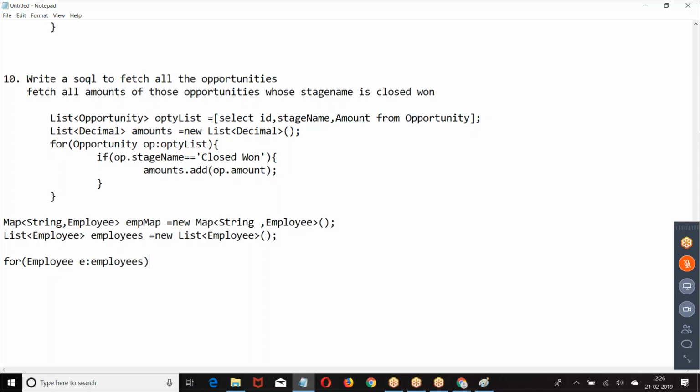What do you mean by e? e is a variable referring to one employee. From the list of employees, e is referring to one employee. So emp map dot put e dot employee number is the key, and that employee is the value. Employee is the full record, so exactly, it's the employee object.